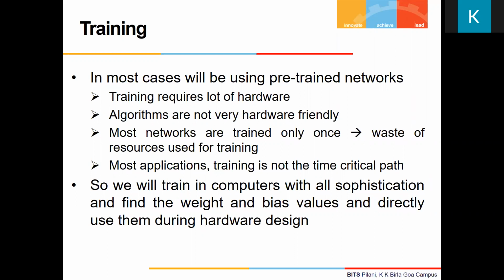Second one, again, that is going to take a lot of hardware. So because of that, again, I will not attempt to do training on hardware. Another one, training, in the case of a supervised one, which is not using this reinforcement kind of learning, you usually do training once. You train the network, and what is the purpose of the training? The purpose of training is to find the network parameters.